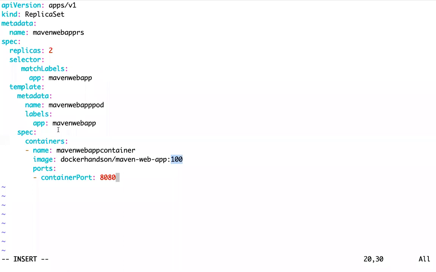The kubelet will talk to Docker and try to pull the image and create a container. If I don't have this image in the repository, we will get an error.